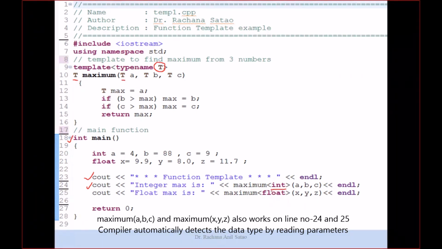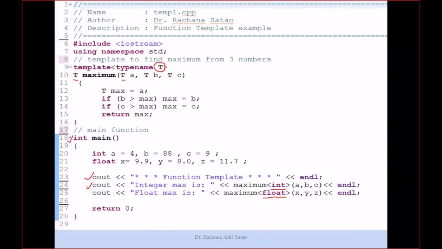So here I am telling the compiler that this maximum function will operate on integer, and the next line I am calling this maximum function with float. So I am passing parameters a, b, c, which are integer, and it will display the result. After that I am calling this maximum function with float numbers, that is x, y, z.